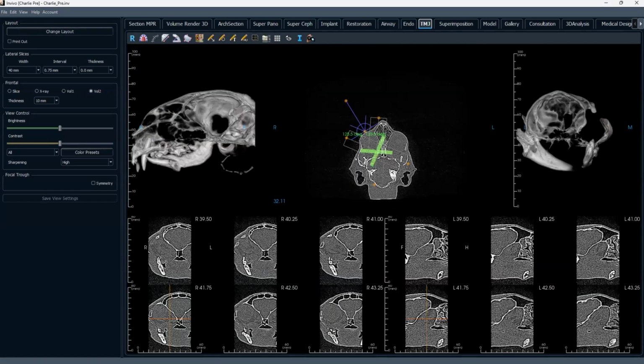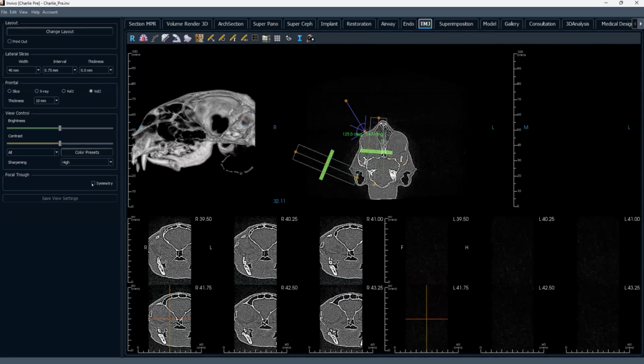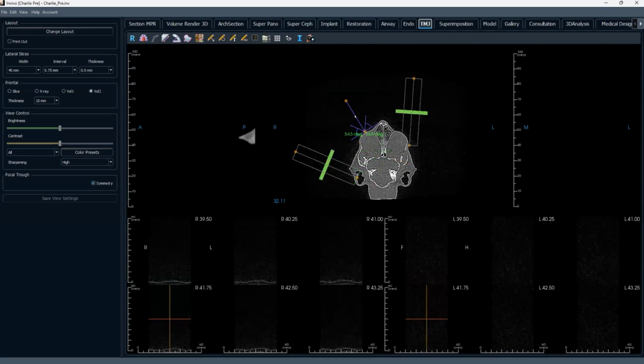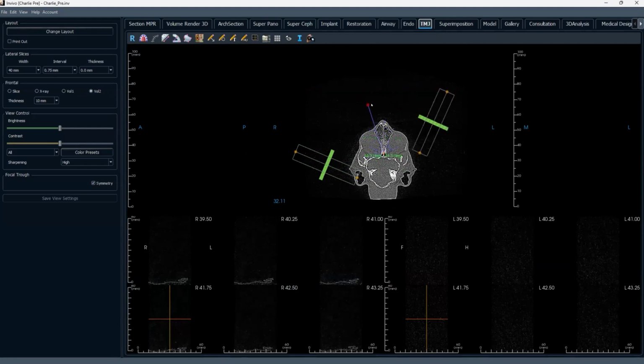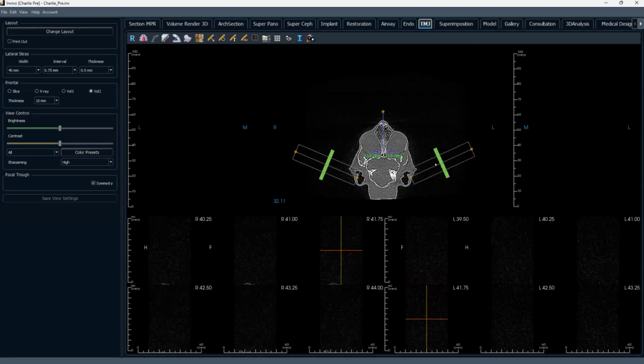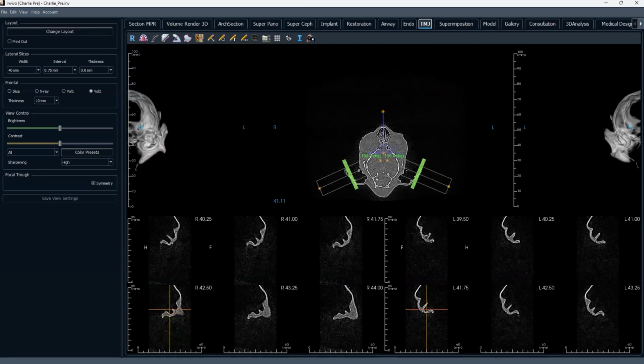And so now we have views, and we basically have these two boxes. We can actually set them up to be symmetrical. And then we have an axis. So if we line up the axis on midline, it will set the boxes up symmetrically on either side. And then I'm going to scroll through this dorsal view until I can see a TMJ. And then I'm going to line these boxes up along the axis of the joint